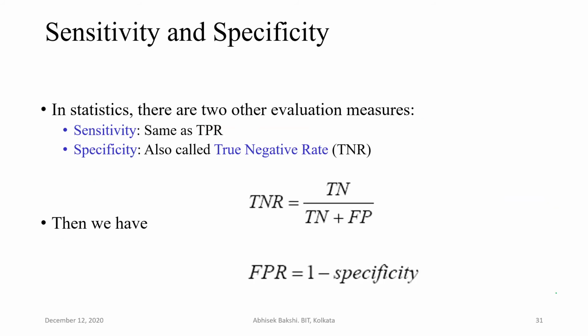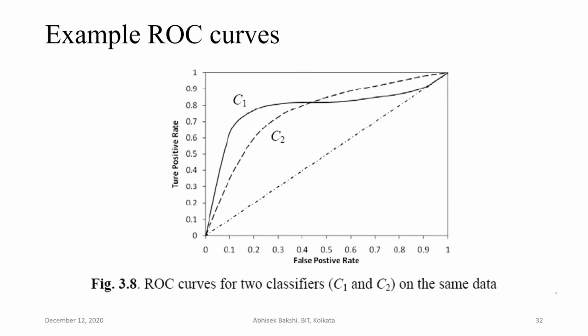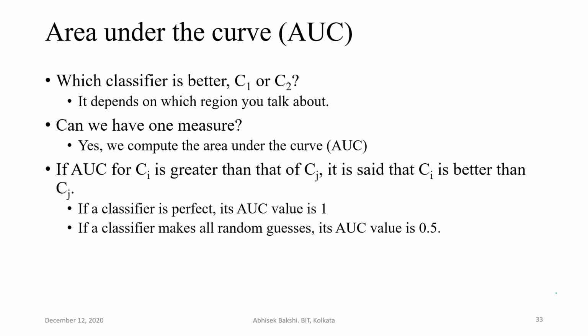And then also there is some other sensitivity, specificity, there is some other technique, and an important point is this area under curve. Now if there are two classifiers, meaning two models, and I want to claim that model 1 is better than model 2, how can you do that? You can do it by this area under the curve.